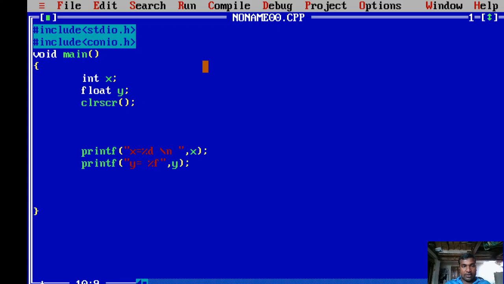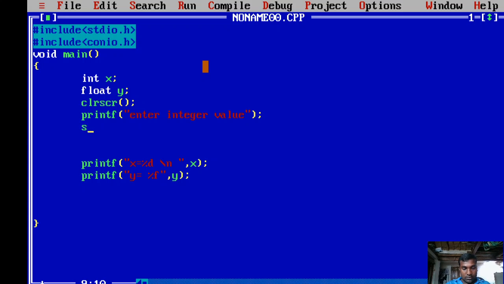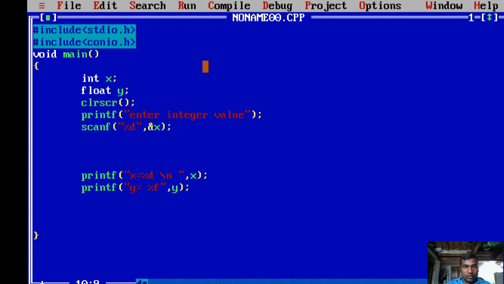Now I want to read those values. printf "enter integer", scanf %d, right. I am reading an integer value, that's why I am specifying the %d format specifier, and that must be stored in the address of x, right. Now I want to read another number, that is a float value, right?